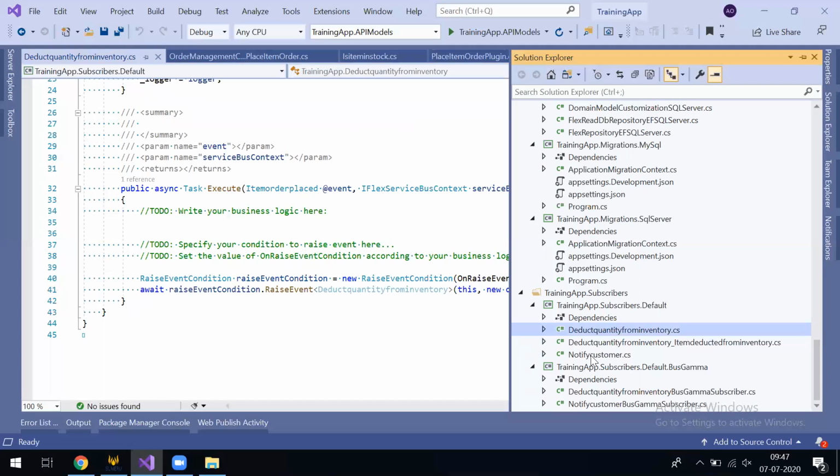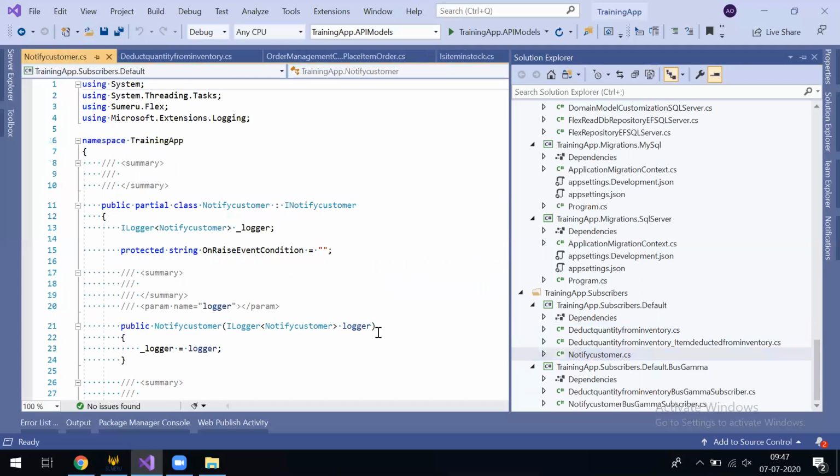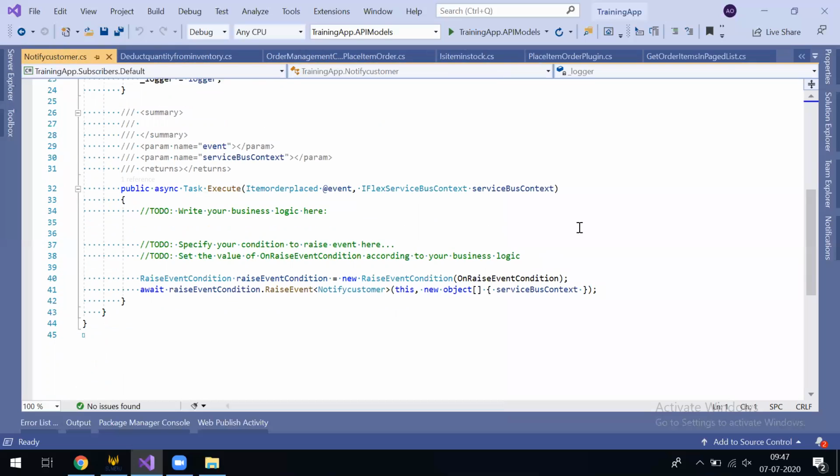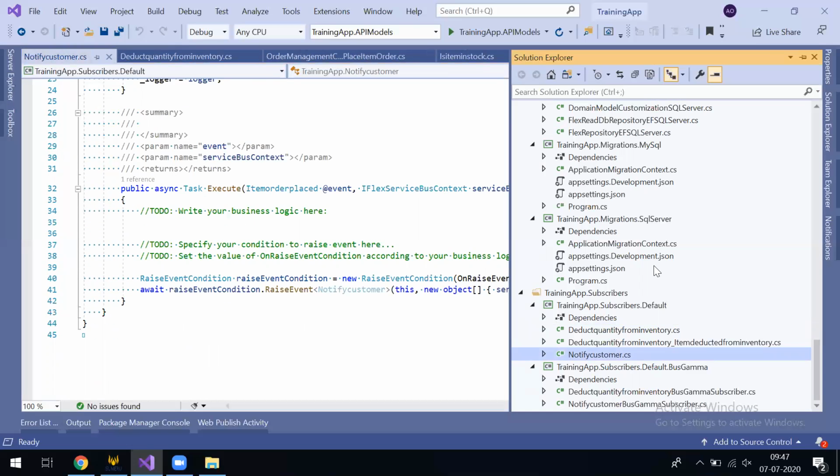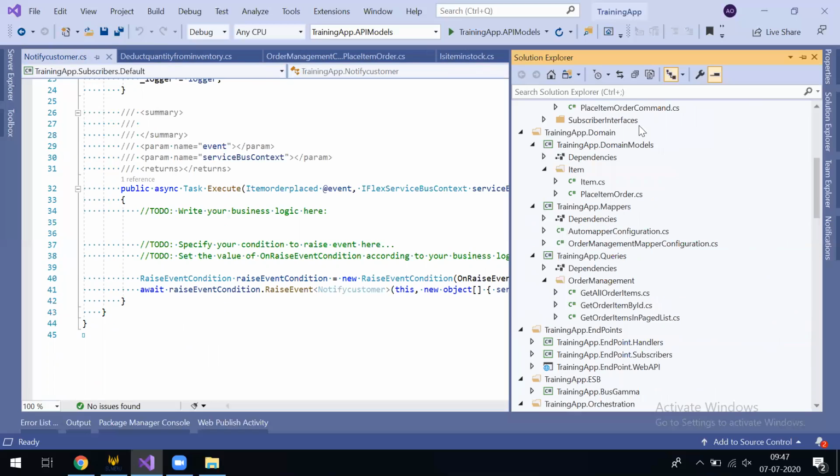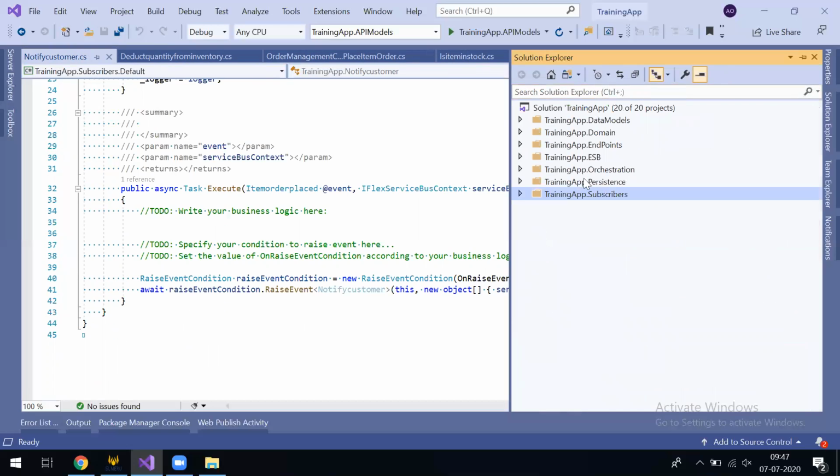And we also had one more thing called notify customer. So this functionality has been created over here. So this is regarding the code which got generated using FlexGen. All the basic functionalities have been generated. We can write our business logic on top of these files.